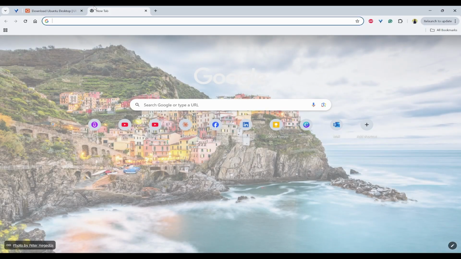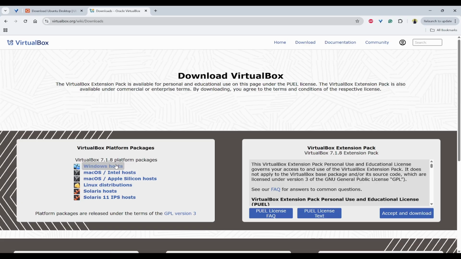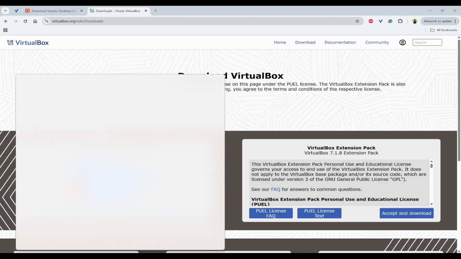So we can get started with VirtualBox. So you can search for VirtualBox and click on downloads. So you can download the Windows or Mac, whichever you have. So if you don't have VirtualBox installed on your system, then I highly recommend you to watch my previous video by clicking on the top right corner or in the description to follow my step-by-step guide on how to install VirtualBox on Windows. So now, once you have installed VirtualBox, you can directly open it.